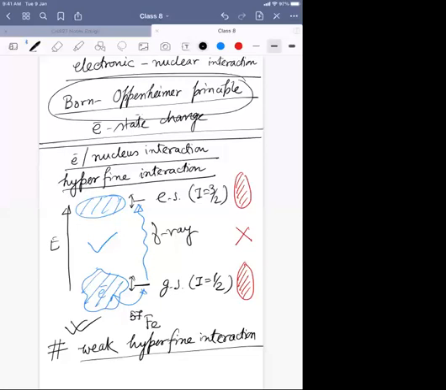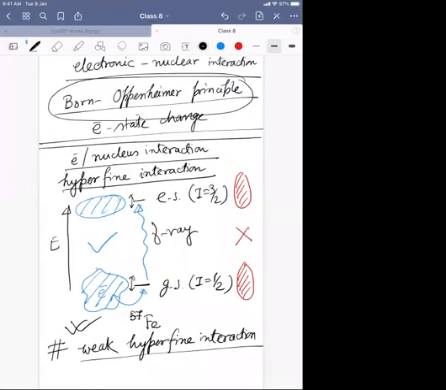Yes, sir. In problem 1, you are saying that the magnitude of the energy change when we are changing the electronic state is a very, very small energy change. And because of that small change, we are getting a very big energy change from the nuclear states? No, what I'm saying is about this change.